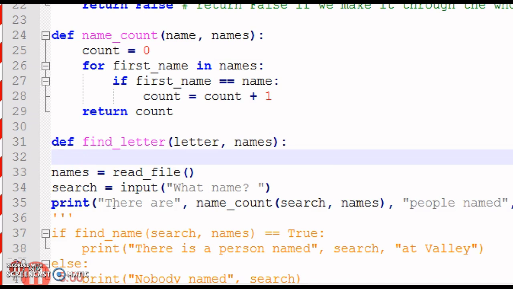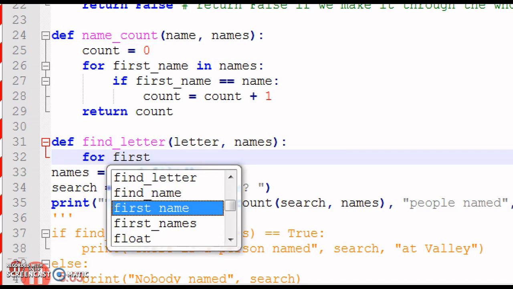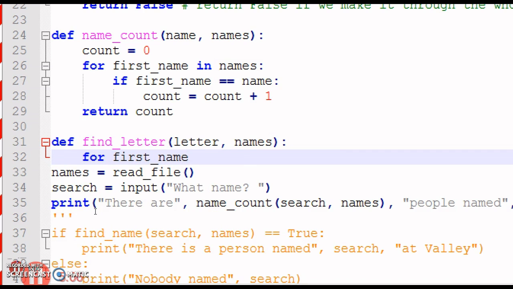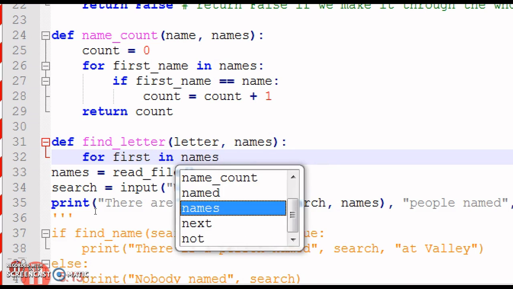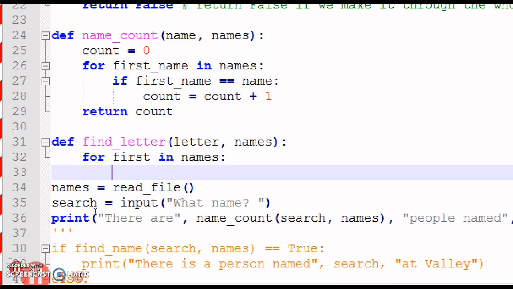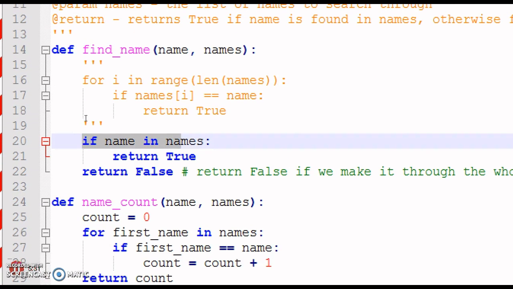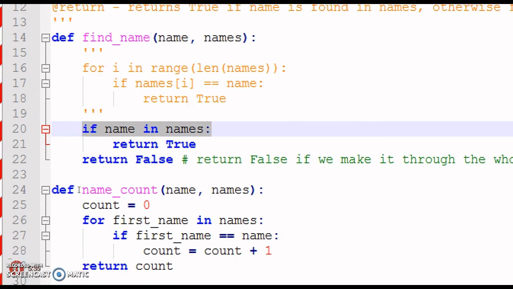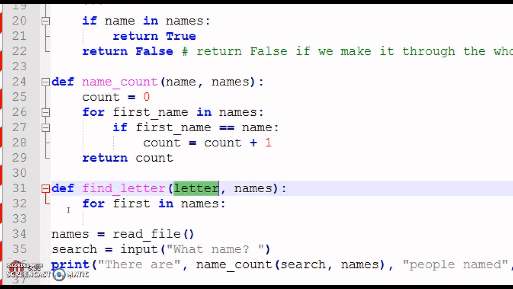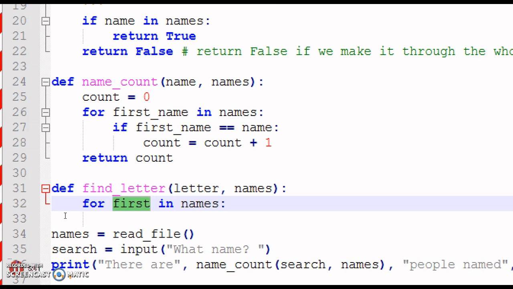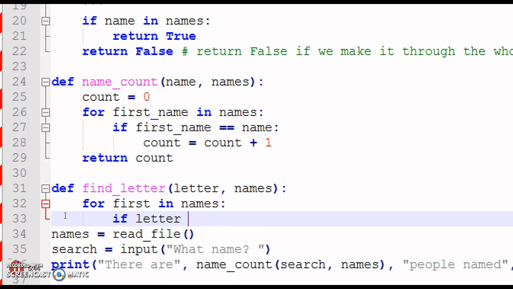We will still need to go through the list of names. So I'll use that same first name variable again, but you can use whatever you want. If you want to shorten it to just first, you can do that. So for first in the list of names. Now, what do we want to do with each name this time? We want to find out if this letter is in that name. Keyword being in. We can do something similar to what we did up here with checking if the name that we were looking for was in the list of names. Down here, we can check to see if the letter we're looking for is in this list of letters in a person's name. So we can write if letter in first,